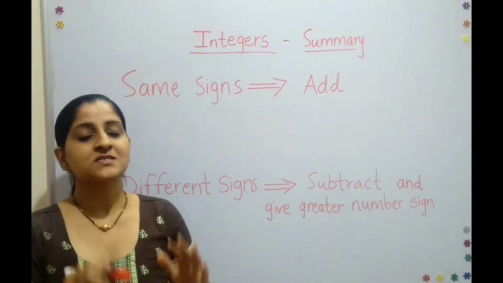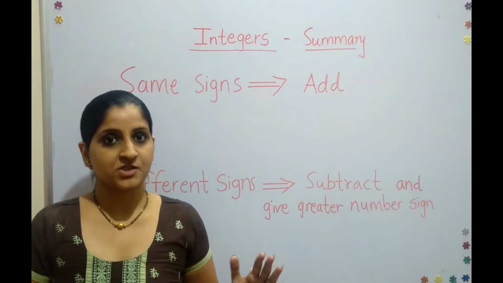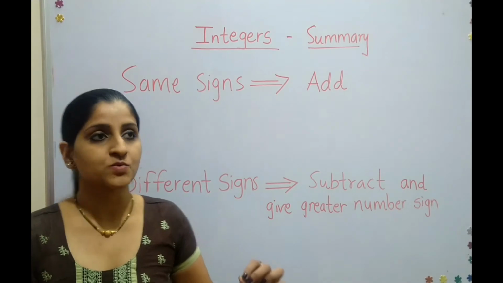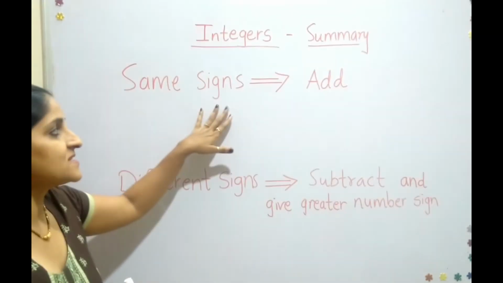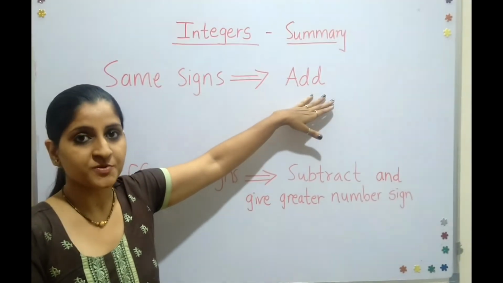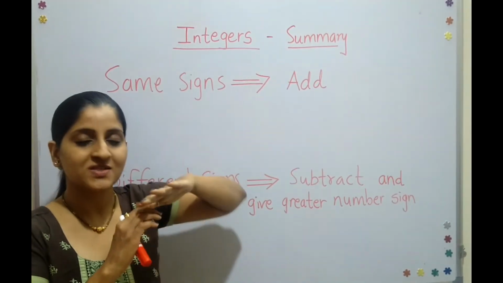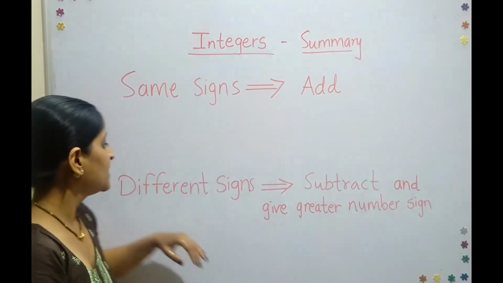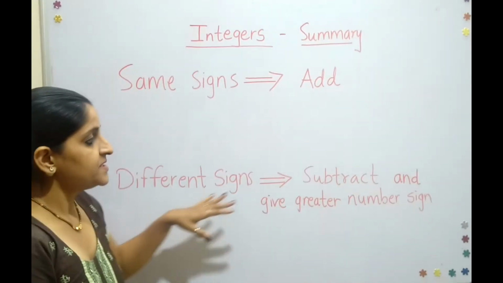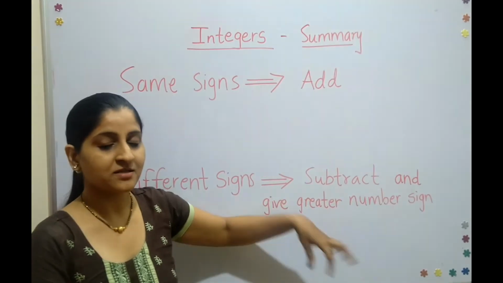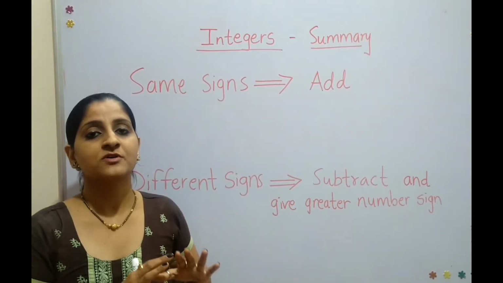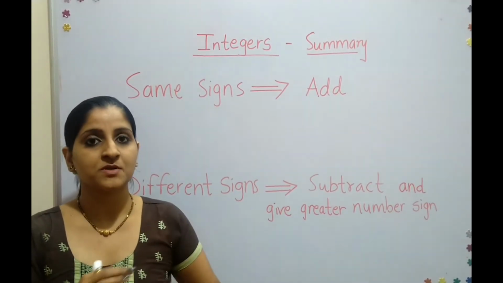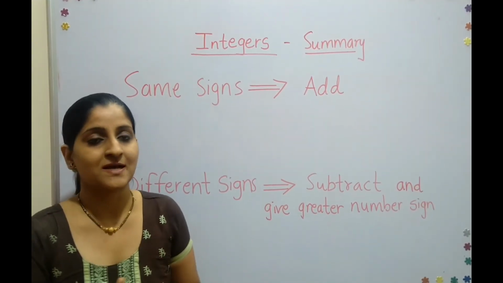Overall, we will summarize the rules for addition and subtraction of integers into two main statements that will help you memorize the rules. First, if the signs are the same, just add the integers plainly and keep whatever sign the numbers had. And if the signs are different, subtract the two integers and the resultant will always have the sign of the greater number. These are the only two main rules which are applicable to all sorts of integer examples.